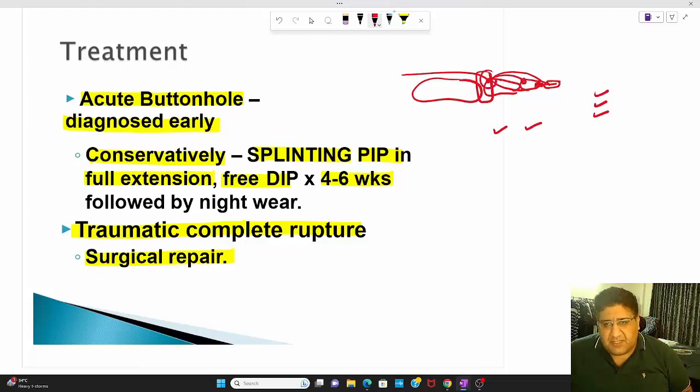When the central slip gets ruptured, then there is an immediate flexion at the PIP joint, and these lateral bands go volar and become more efficient, and they do bowstringing, which leads to more hyperextension here. And that combined thing is what is called Boutonniere, which is a deformity also seen in rheumatoid arthritis. The nutshell, the summary was this, but I took good time to explain this. Why? Because it is important.